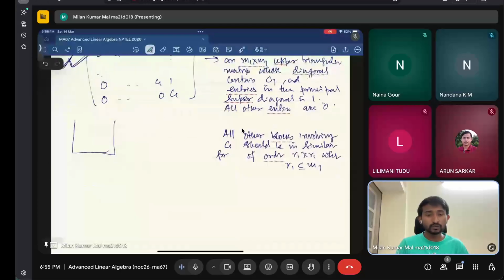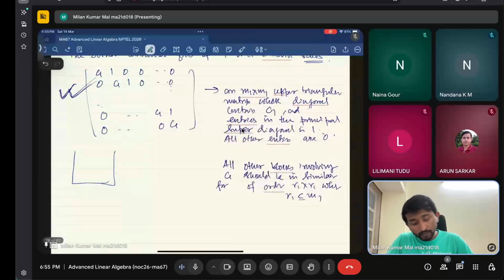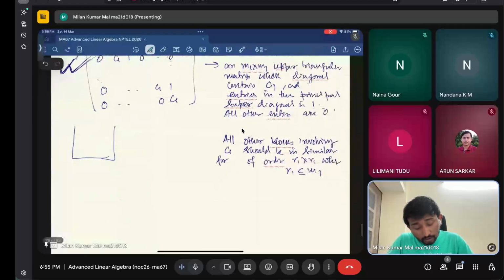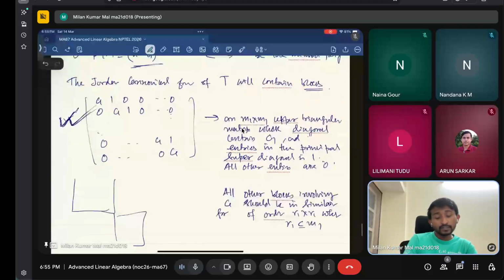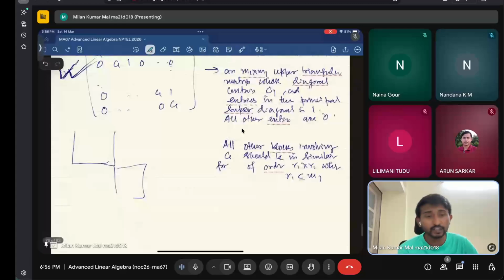First write at least one block of this form, of order m1 times m1. The next block can be of order m1 or less, but it can't be of order more than m1, corresponding to c1. But the question is how many such blocks will appear